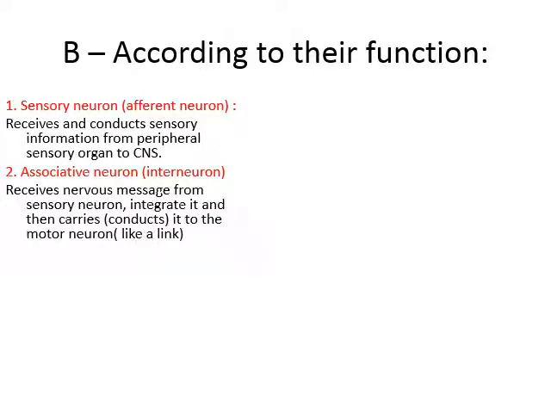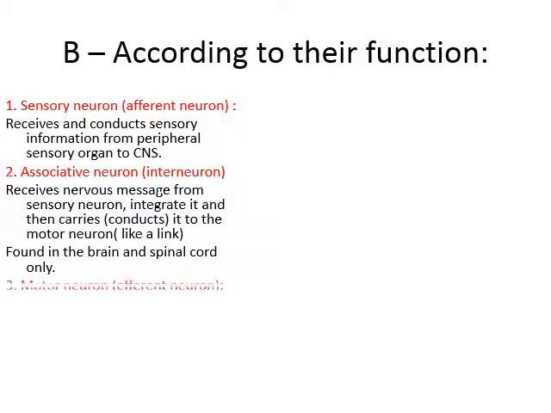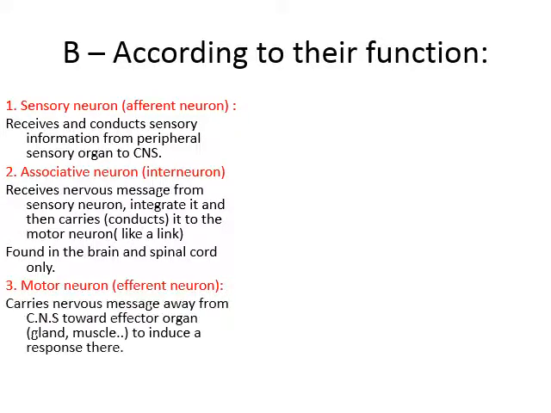It receives the nervous message from the sensory neuron, integrates it, and then conducts the nervous message toward the motor neurons. It looks like a link between the sensory and the motor. Mainly it's found in the brain or the spinal cord only. A motor neuron is an efferent neuron. It carries nervous messages away from the central nervous system toward the affected organ, like the gland or the muscle, to induce